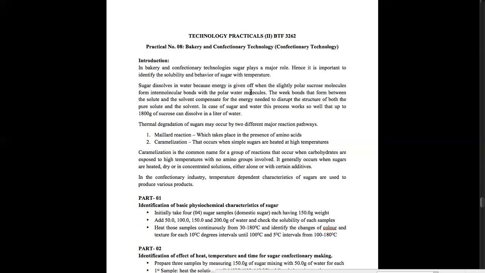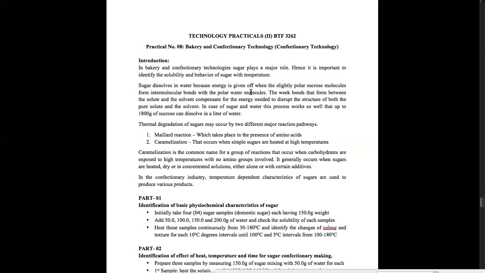Sugar is one of the very common raw materials we use in our day-to-day activities; we use sugar in our homes, but its chemistry is very complex. Sugar chemistry is very complex, and here we are going to determine and observe some characteristics of sugar. So you know, sugar is a soluble raw material in water. Then we can dissolve sugar.